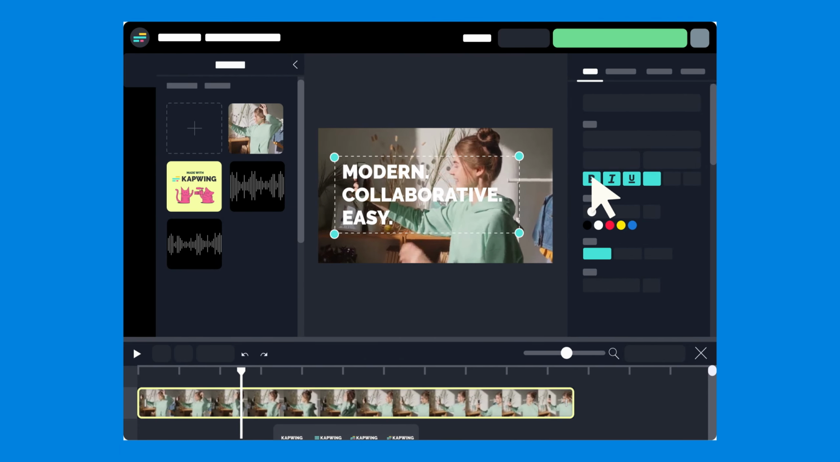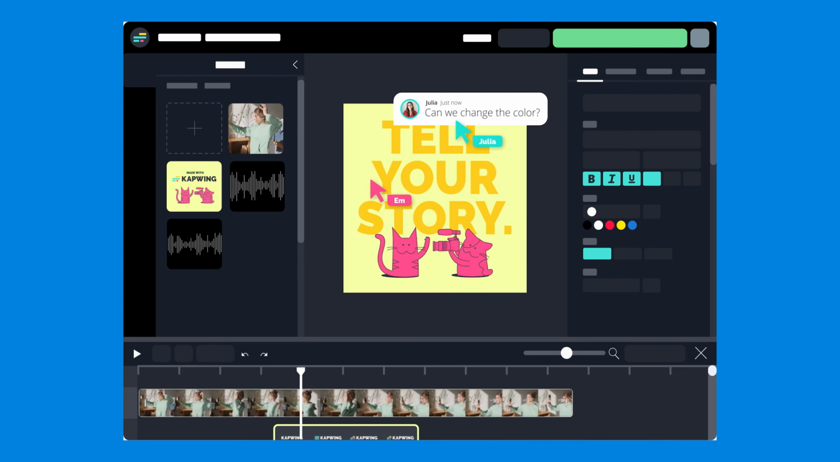With the comment feature, your team can now go from creating to publishing without all the hassle of long response